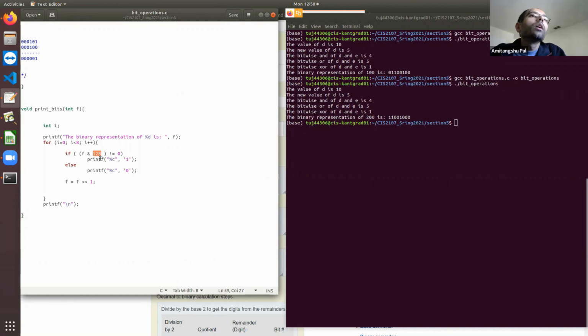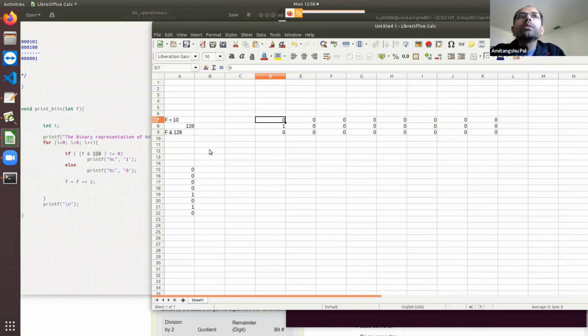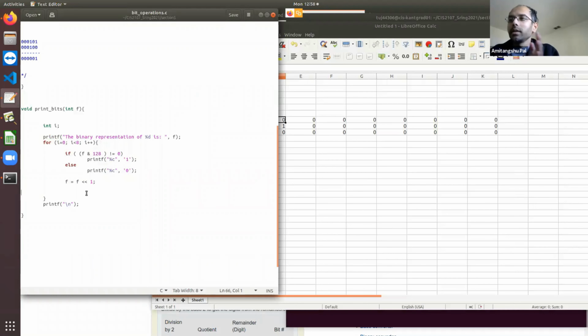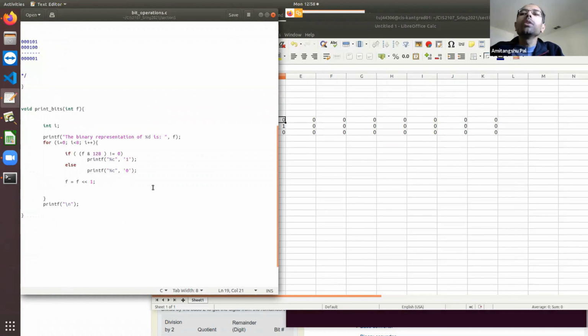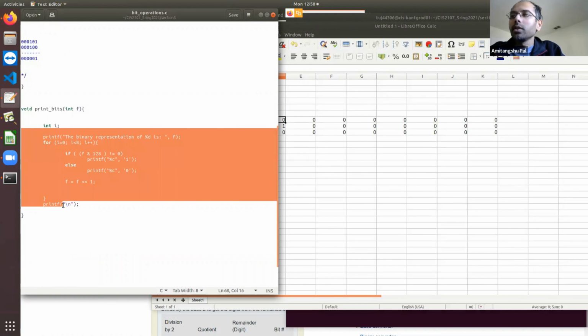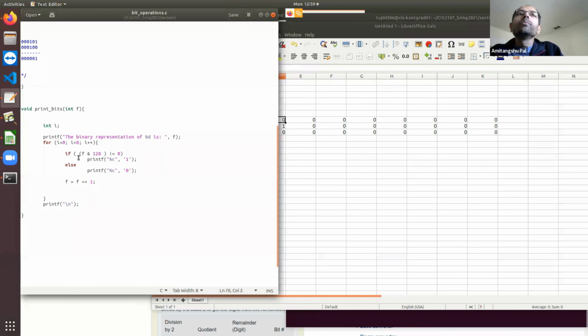Clear? Okay. So this is one way you can convert from decimal to binary, or represent the binary representation of a decimal number. Right now we have learned different bit operations, so I've shown you how to use bit operations to represent a decimal number in binary notation. There are some other ways also. As we are going to make progress, we're going to learn other techniques, and at that point I'm going to show you. Clear? This is one of the ways where you can use bit operations to represent a decimal number in its binary form. This is not the only way, there are other ways also.